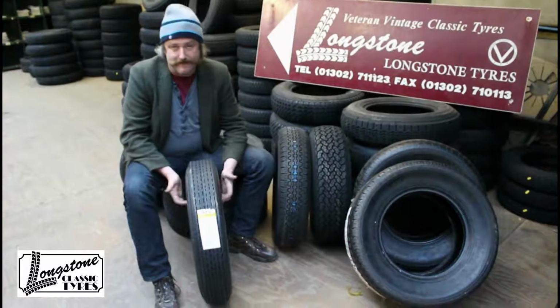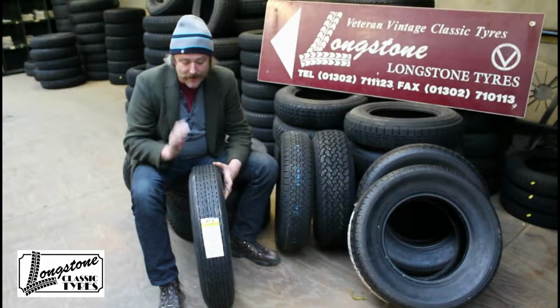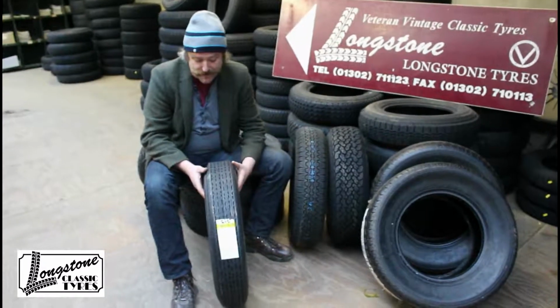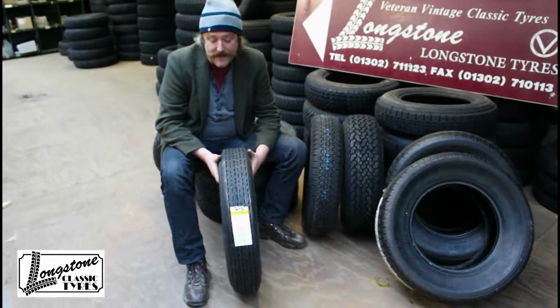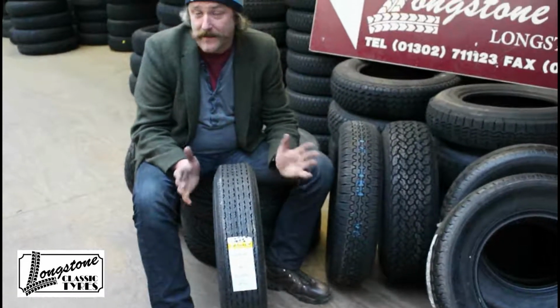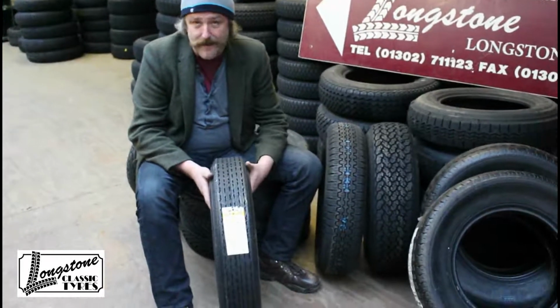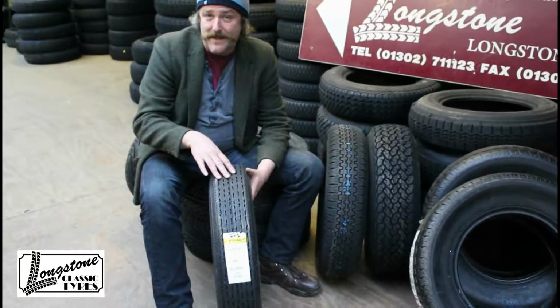AC Cobra Tyres. Now, bit of a tricky car, AC Cobra, because they're all different. They originally came out on a cross-ply like that, a 640/15 cross-ply tyre. It looks a bit strong, doesn't it? Well, I mean, it was, and cars in those days were light and progressive. So that's what they left the factory on, which incidentally is the same tyre as an E-Type